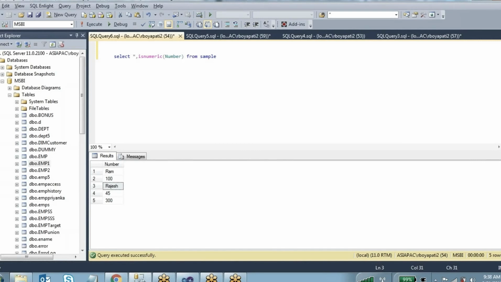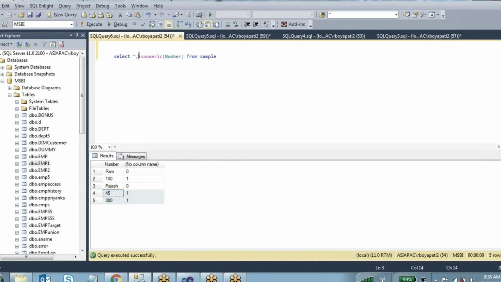If it is a numeric value, it will display the value as 1. If it is not numeric, it will display the value 0. So we can see here. Ram is not numeric, so that is the reason it is displaying 0. 100 is a numeric value, it is displaying 1. 45 and 300 are numeric values, so it is displaying 1.